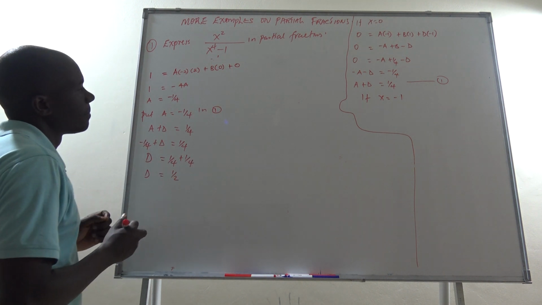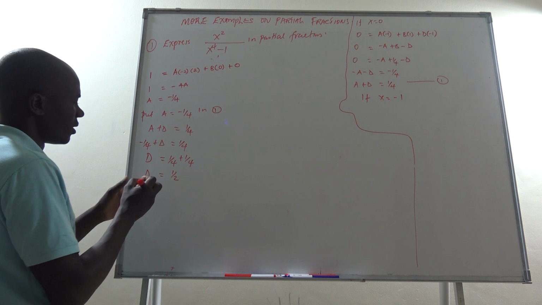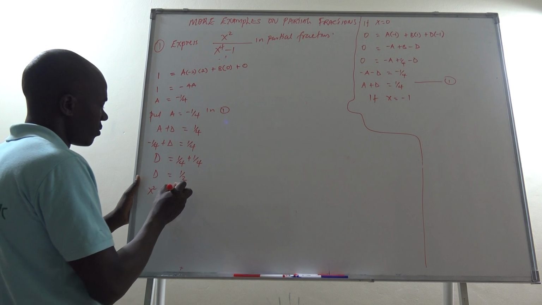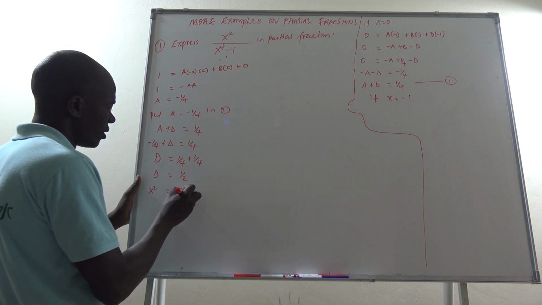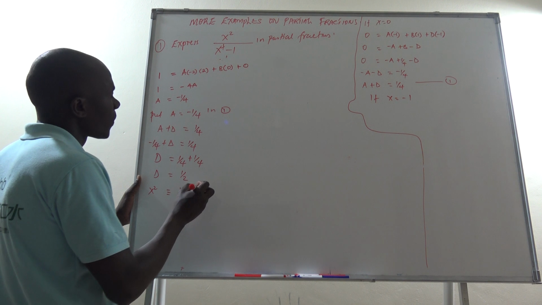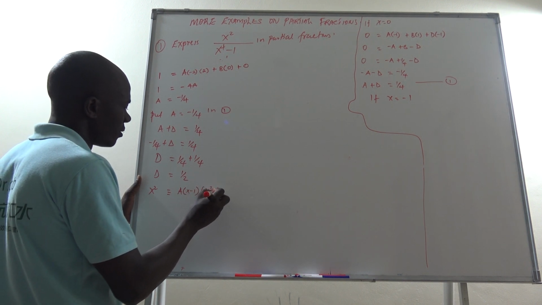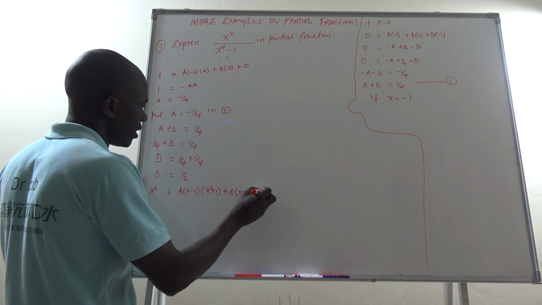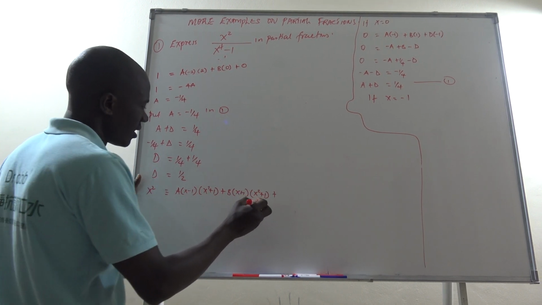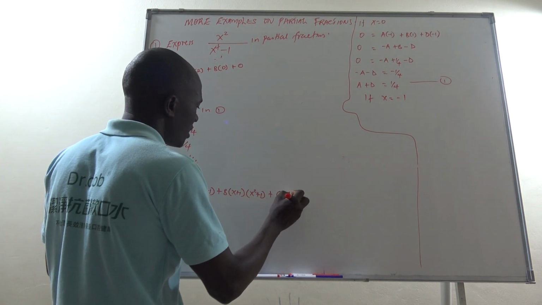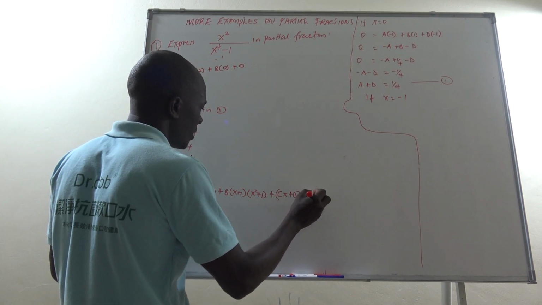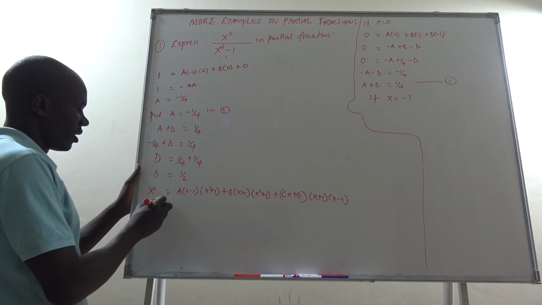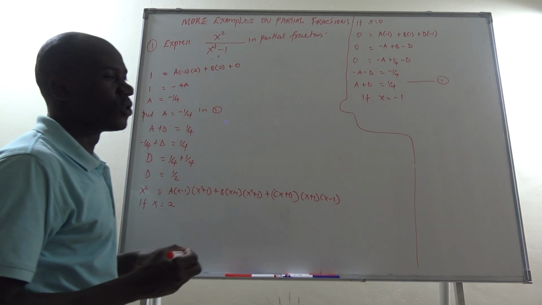So we go ahead from the expression which we have already got as x squared equals the same as we had a into x minus 1 into x squared plus 1 plus b into x plus 1 into x squared plus 1 plus another one was cx plus d into x plus 1 into x minus 1. Then I can say if x equals 2,